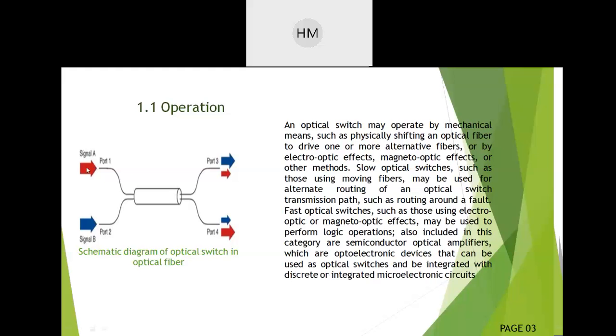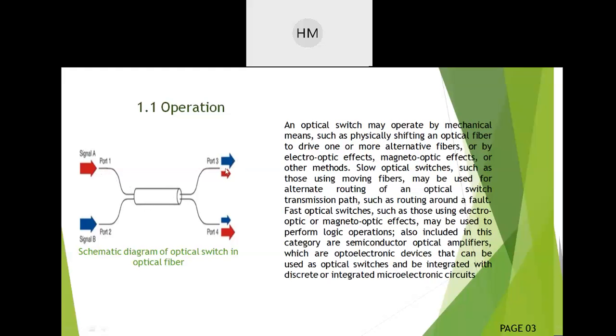Okay? So here I want that this is signal A, this is signal B. Two signals are moving through this optical fiber communication channel. At the end, I want that port 1 is transmitting and port 3 is receiving signal A and signal B. Any signal can come here depending upon the switching. If I want that signal A should be received in port 3, okay, I will use a switch which